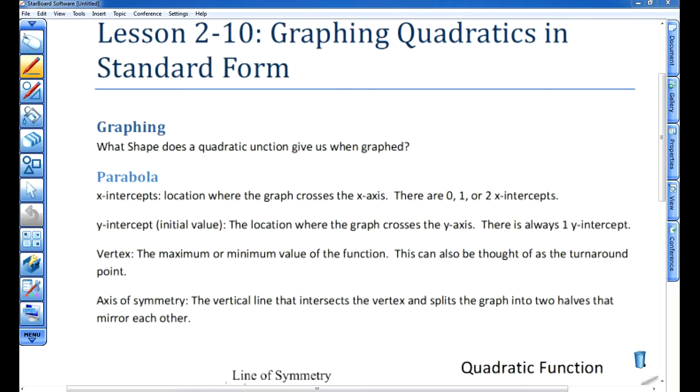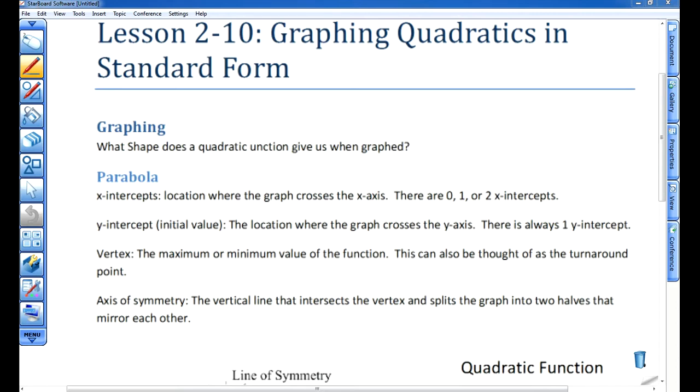This lesson will cover how to graph a quadratic equation when it's in standard form. There's several things that we need to cover before we attempt to graph a quadratic. It helps to first start with taking a look at what shape we'll get when we graph. Each type of function has a specific shape